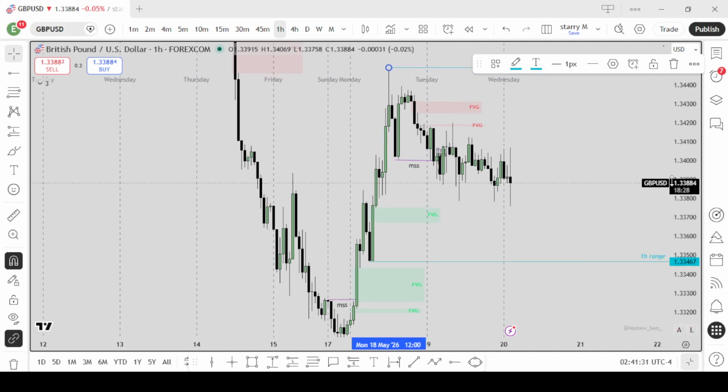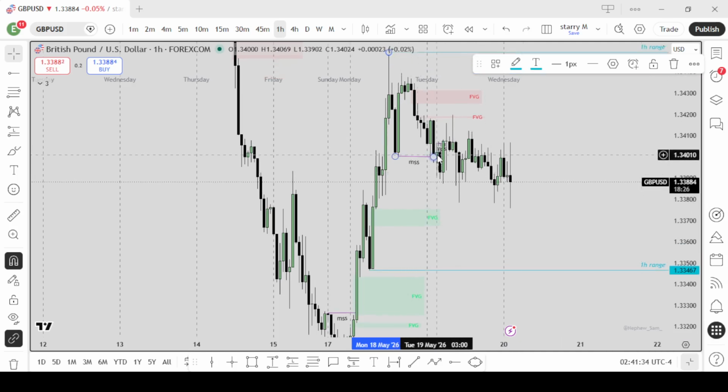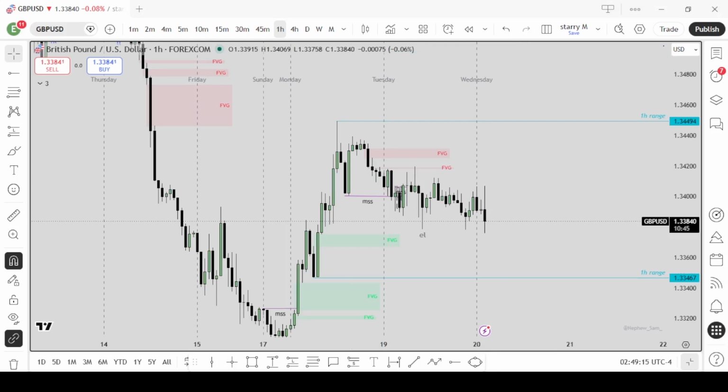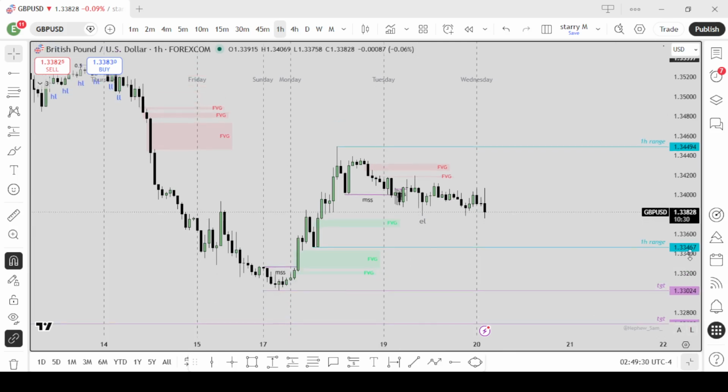Because you see, we made a micro shift here. We made these lows, like there's resistance around here. Price is just consolidating. It's not moving, it's just consolidating. So we can see that here there are the equal lows. We are just making equal lows and not actually closing below them. So you see,